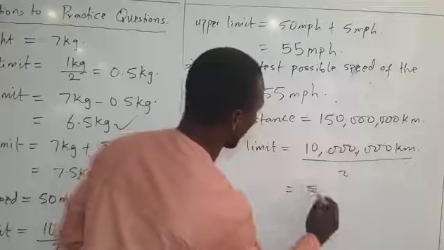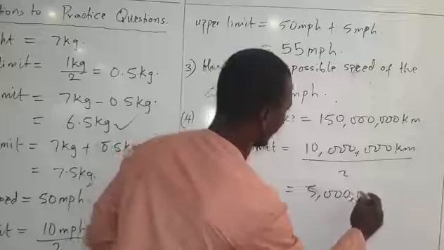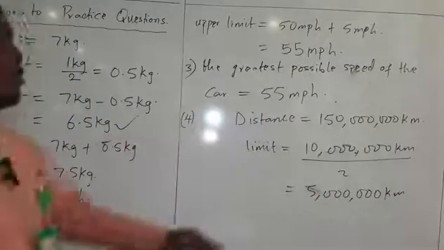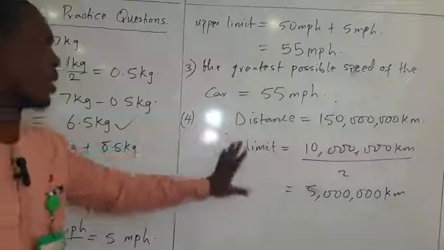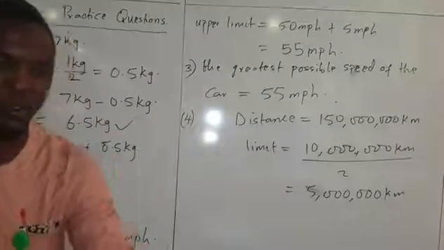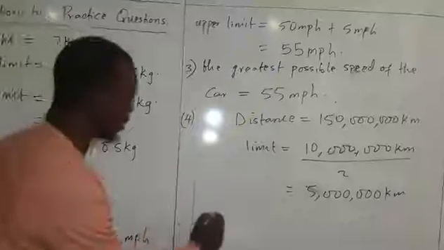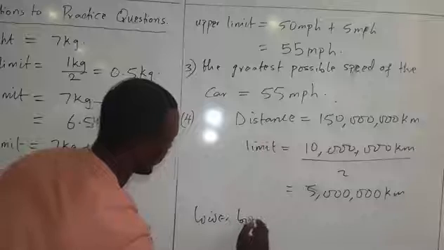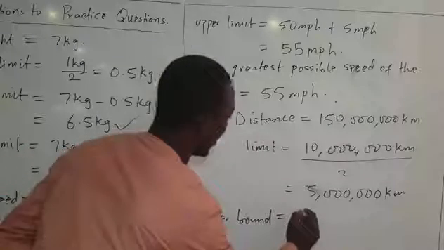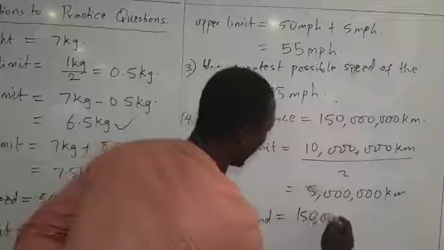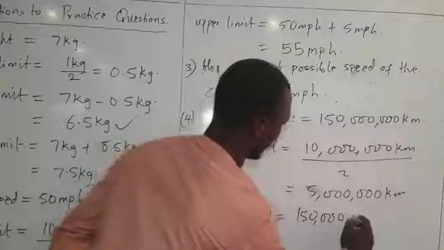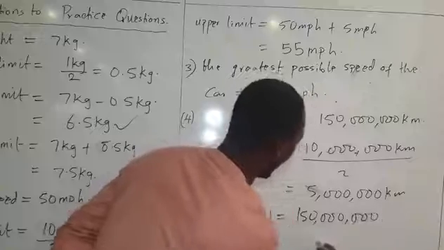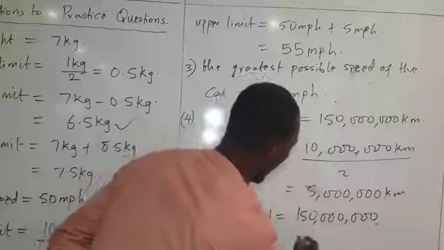That's 5 million kilometers. So 5 million kilometers, if you look for the lower limit, which is the lower band of what we are looking for, write down the lower band. So the lower band will be 150 million minus